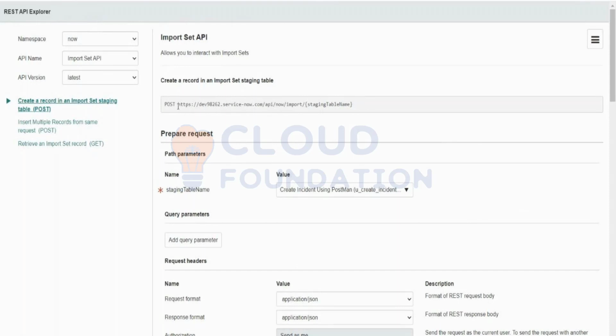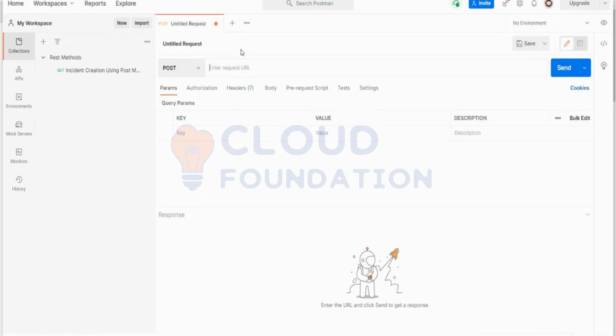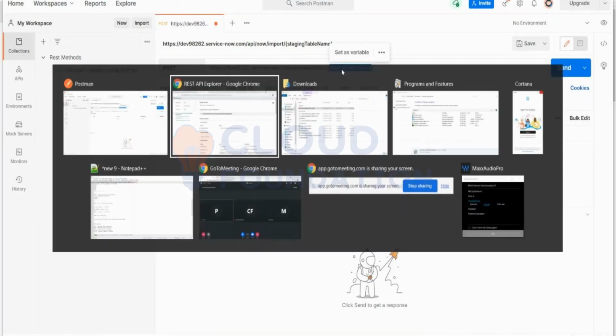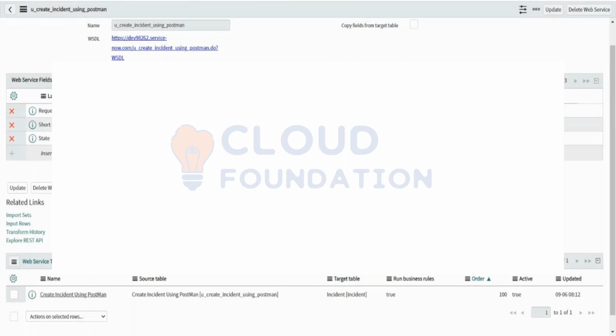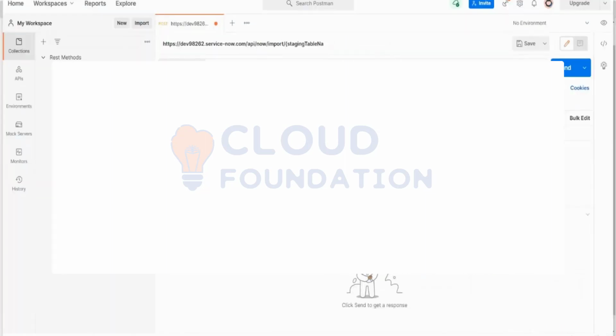Since it is inbound, you are going to give the endpoint to them. What if it was an outbound integration? You should have fetched the endpoint from them, right? So I'm going to copy paste this here. But along with that, I have made a mistake. What is that? The table name. We need to mention the name of the staging table which we had created. This is the table, right? So we create it here.